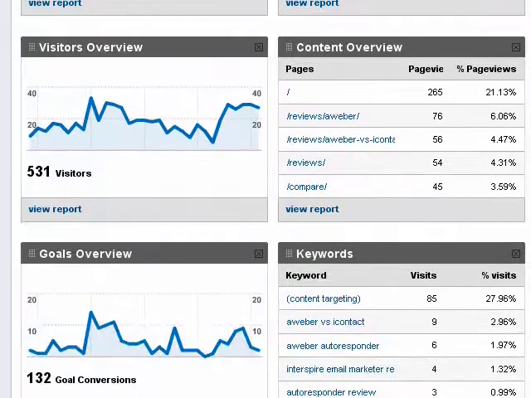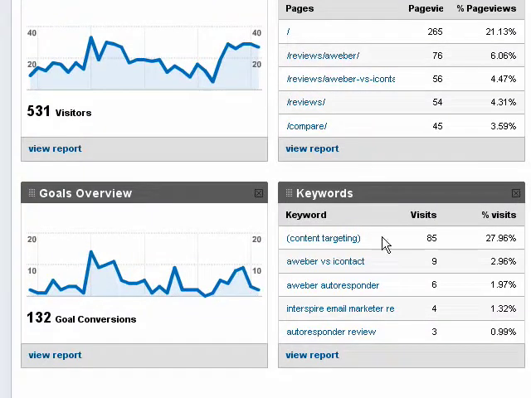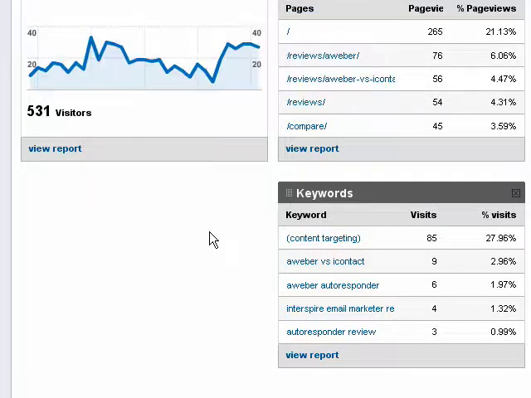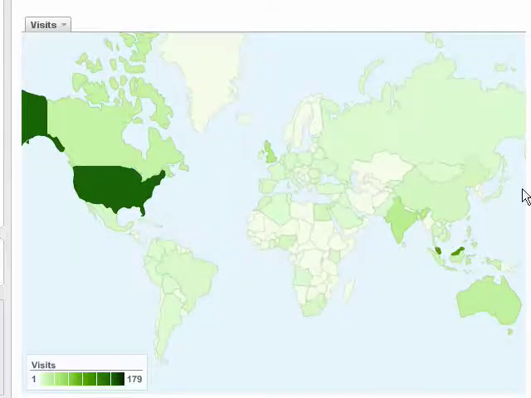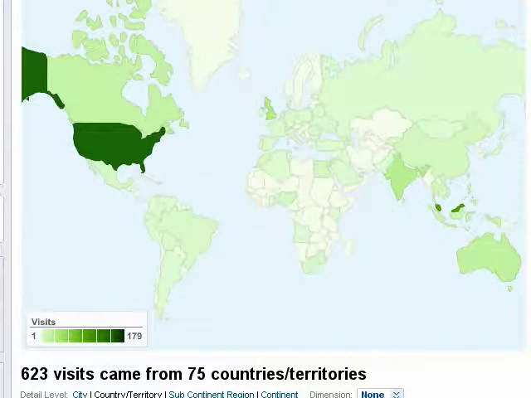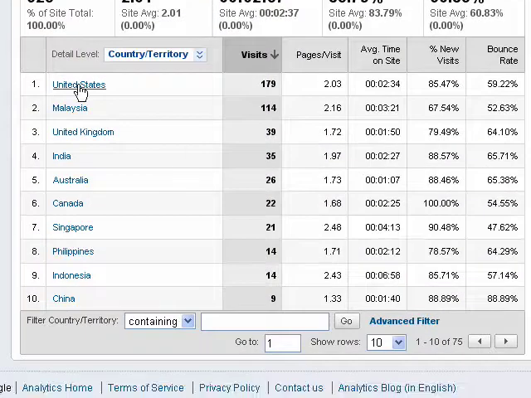And if you do not want to see a particular report right on the dashboard, then you can also click on the X button to close and to remove this feature or this module from the dashboard. Now let's go back to the map overlay that I showed you earlier, and I'm going to show you how to add certain reports directly to your dashboard. So assuming you want to see the actual states where your visitors are coming from, then you can just click on the country that you want. I'm going to click on United States,